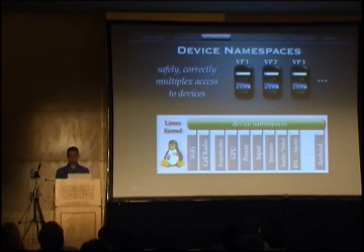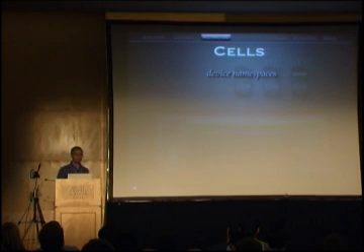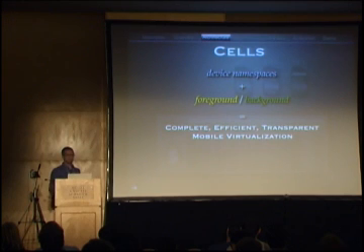It also leverages our usage model by registering callback functions that indicate when a virtual phone changes state from foreground to background. Each VP uses a unique device namespace when interacting with kernel drivers, and this allows the single host kernel to isolate the access and safely, efficiently multiplex the access to the resource. So in summary, device namespaces coupled with our usage model gives us the complete, efficient, and transparent mobile virtualization solution